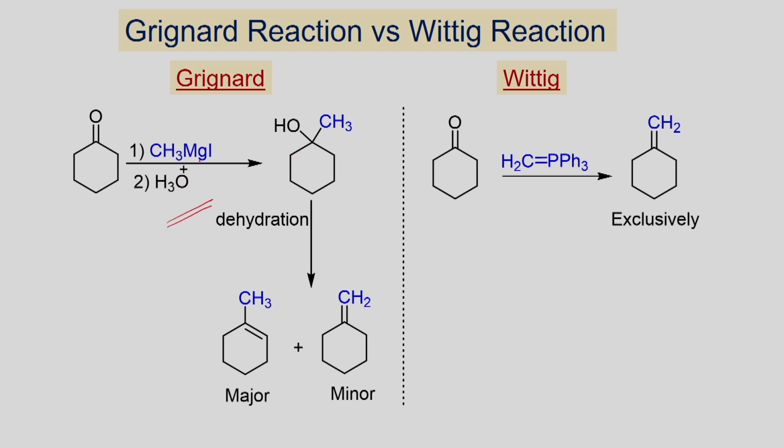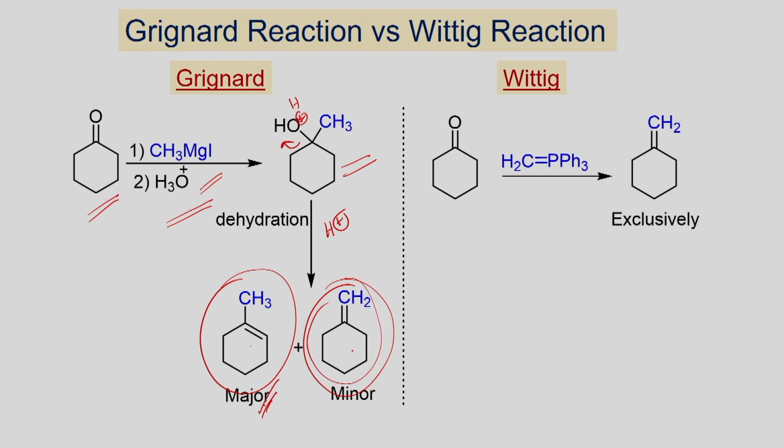if you want to make alkene, for example, you have here cyclohexanone, you can react it with a Grignard reagent, and you will get the addition product. Once you have the addition product, you can treat it with acid, protonation, and you can form the alkene as a product. If you look at here, in this case you mainly form this major compound. You form this internal alkene usually, and this exocyclic alkene does not form,